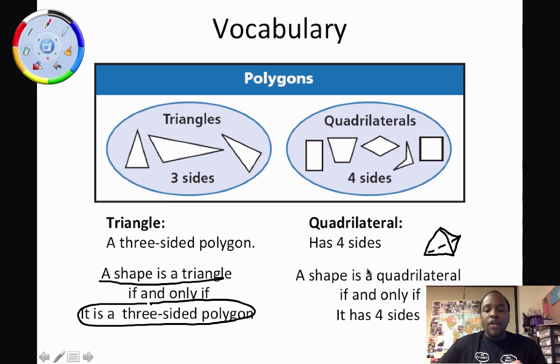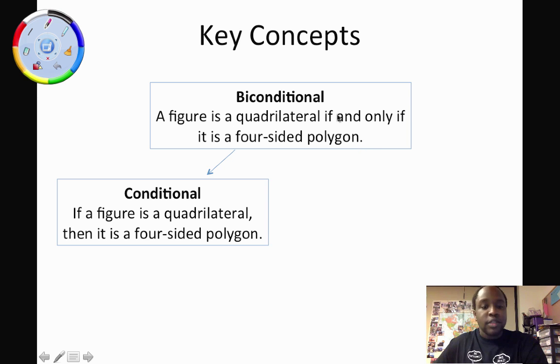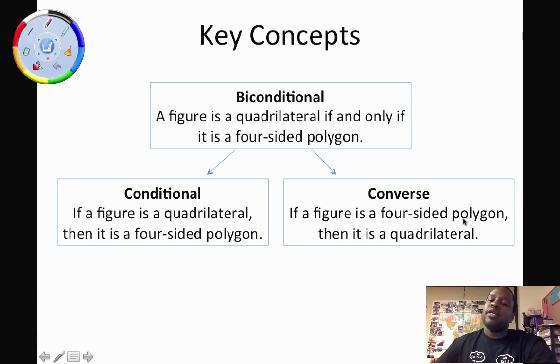So since the converse of this biconditional, if a shape has four sides, then it is a quadrilateral, is not true, this is not a good definition. However, if we say a quadrilateral is a four-sided polygon, that's a better definition. A figure is a quadrilateral if and only if it is a four-sided polygon. So remember, for a biconditional to be true, you need to be able to write the conditional statement. If a figure is a quadrilateral, then it has four sides. And the converse. If a figure is a four-sided polygon, then it is a quadrilateral. Having both the conditional and the converse be true,